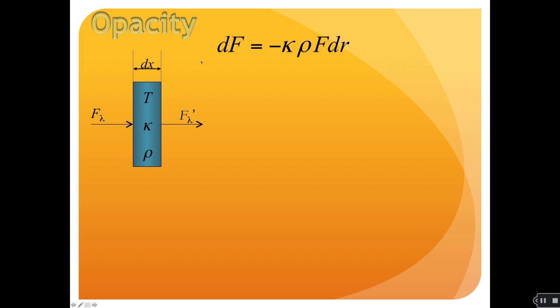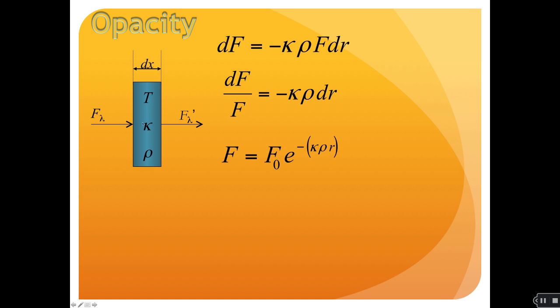And so you have a difference in the flux that's given by this equation, where what matters is the opacity and the density and the amount of flux hitting it in the first place, and how thick this is. So dr here and dx here, because I'm thinking about stars. So here I've got, just rearrange this so that my fluxes are all on one side,